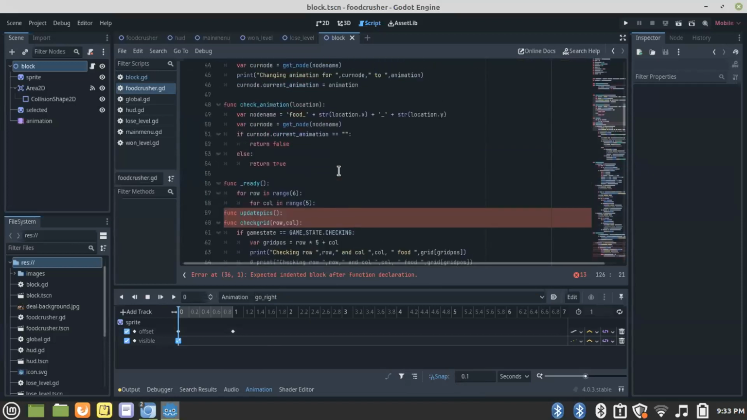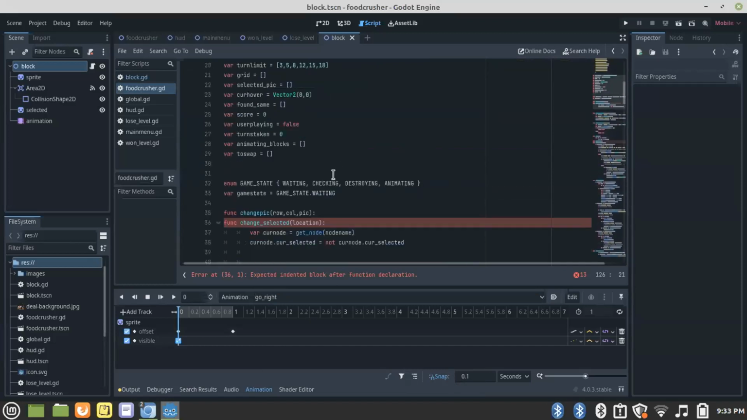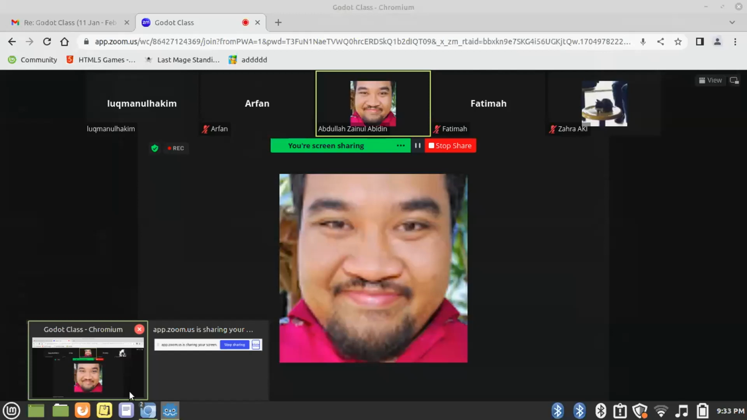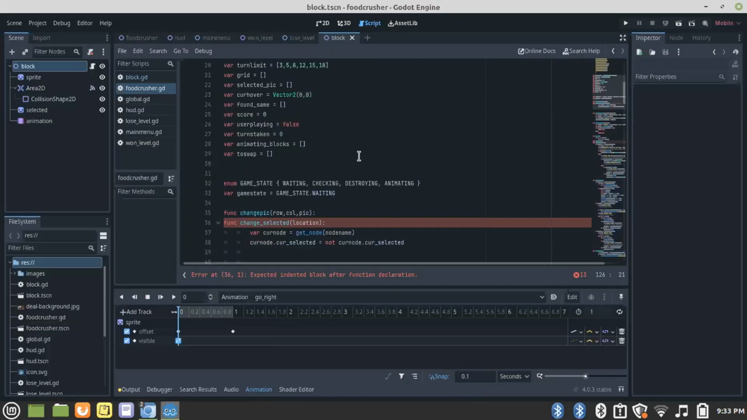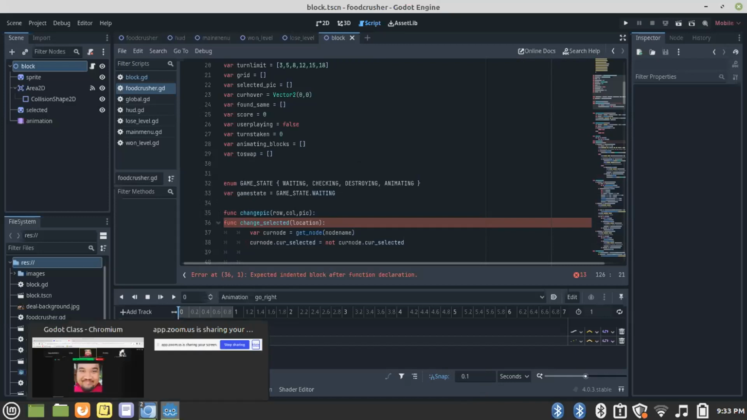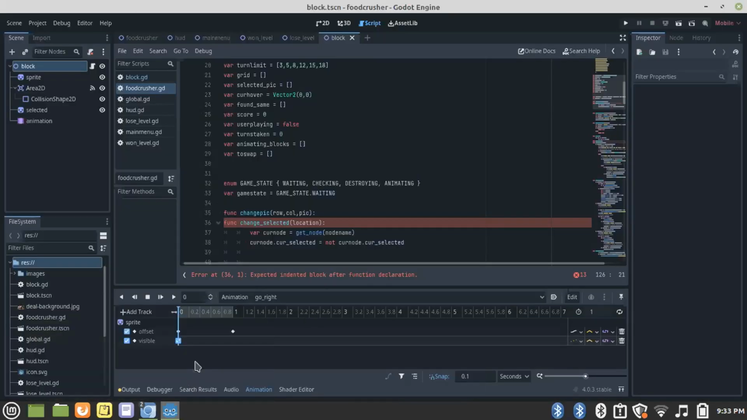This is an error too. No, Lokman. Yes. Okay, your foodcrusher.gd, I think it's the same as this one, right? Your foodcrusher.gd inside my need will be the game.gd, right? So yes, your first error is